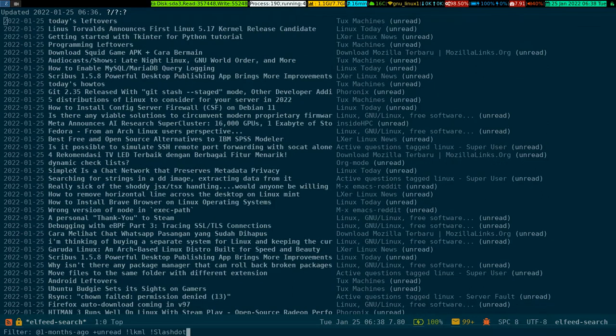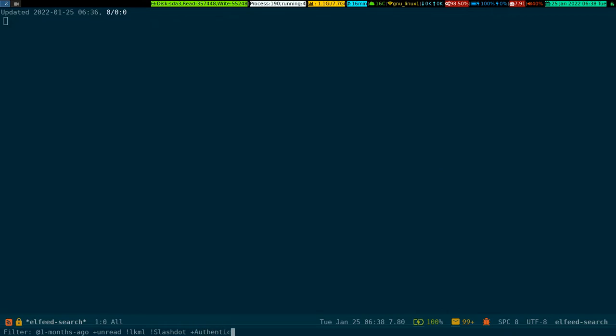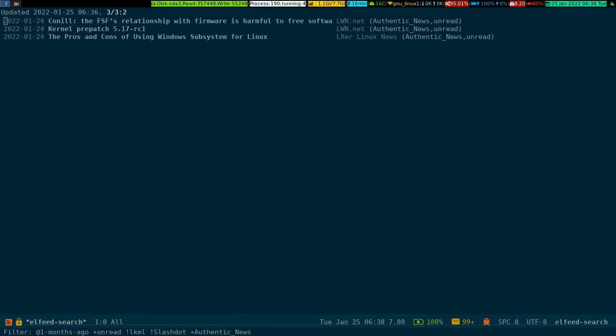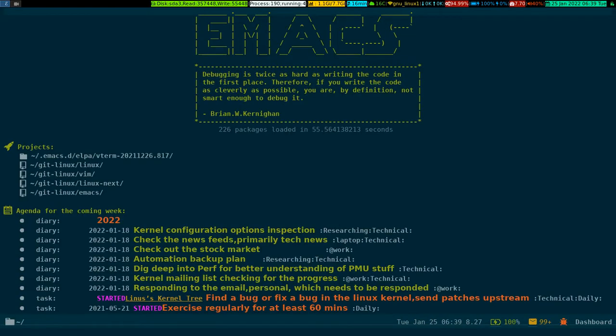If you go here and search authentic news, see, it live updated your tags. You get all the information related to the tag you have specified, right? I've just tagged LWN entries and related stuff as authentic news, right? And now it is showing. Okay, so, oopsie. Okay,